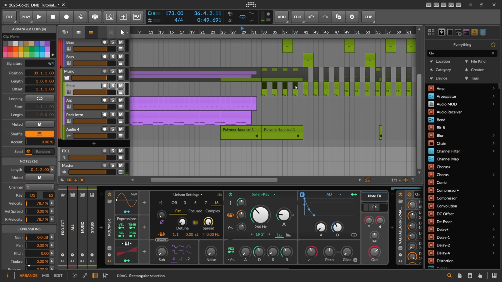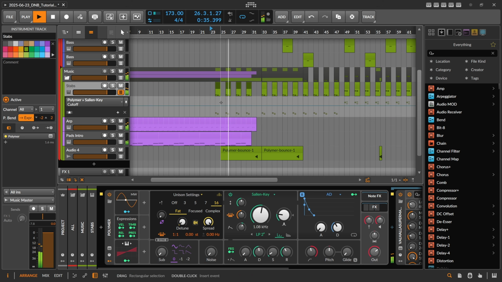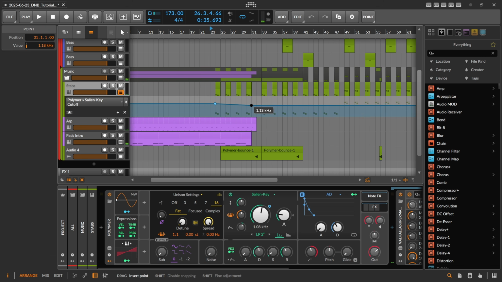I could also take these steps here and maybe tease them before I drop. Maybe filter them differently. This sounds whack, but